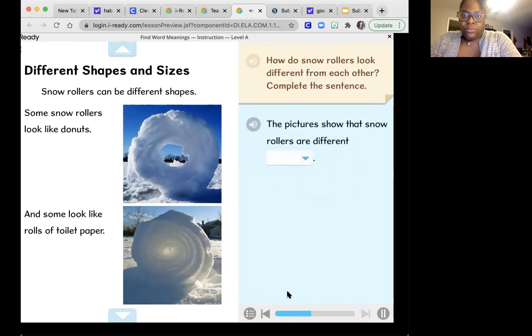How do snow rollers look different from each other? Complete the sentence. The pictures show that snow rollers are different